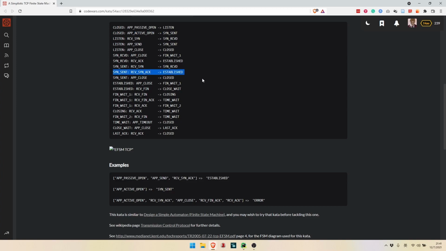So the state will become established, and then app close. Then we'll have a state of FIN wait 1. And it becomes time wait after we receive FIN ACK. But in the last event, when we are in time wait, there isn't a possible state change for receive ACK, so we should return error, right?